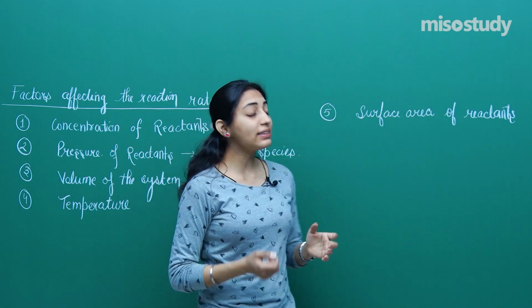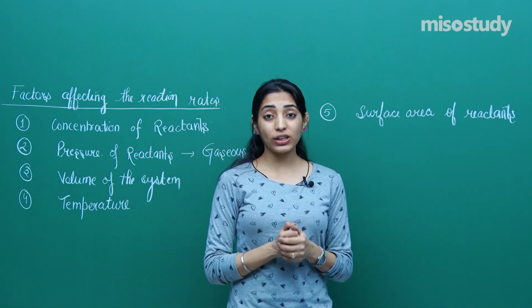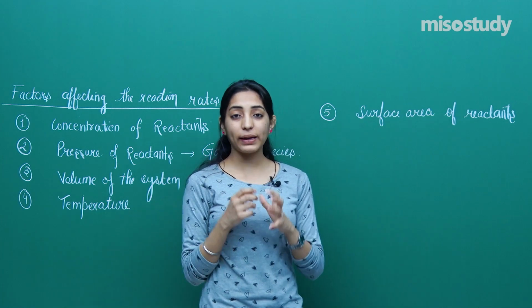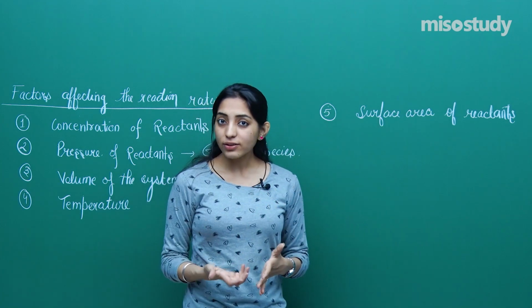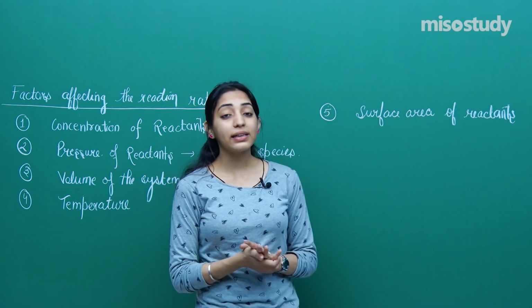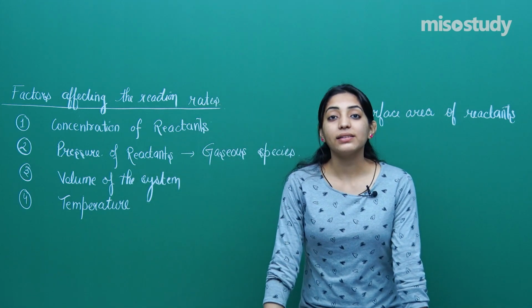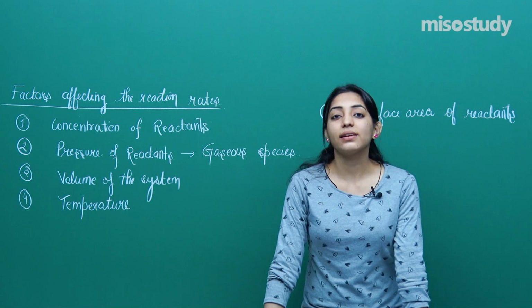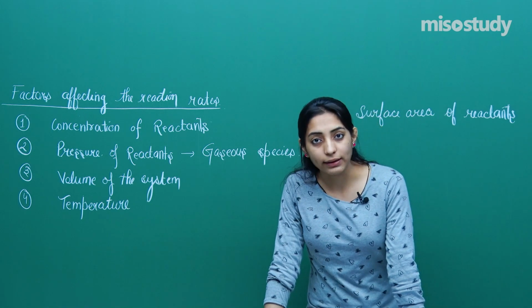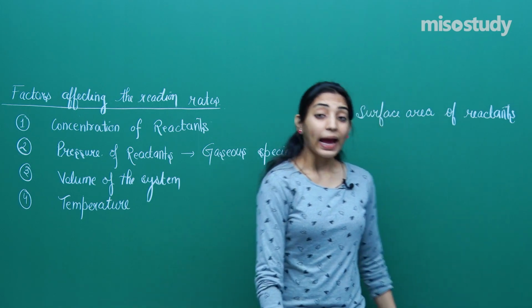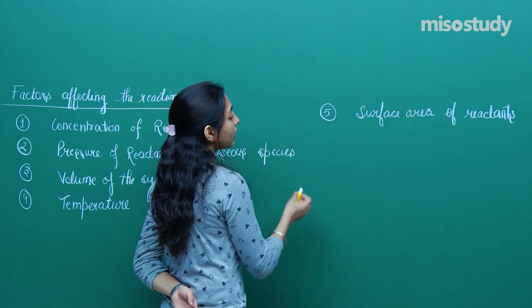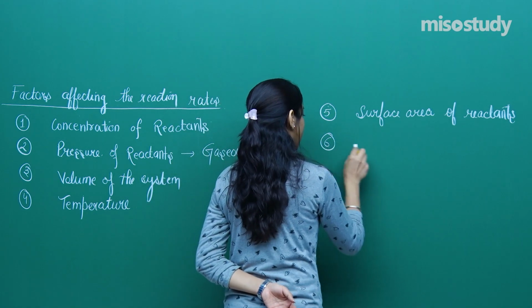That means on increasing the surface area of reactants, which you generally do by powdering, like by making a powder form. So if the reactants could be taken in the powder form, you can say the surface area of reactants will increase, and if the surface area of reactants increases, you can simply say that the rate of reaction will also increase. Okay.